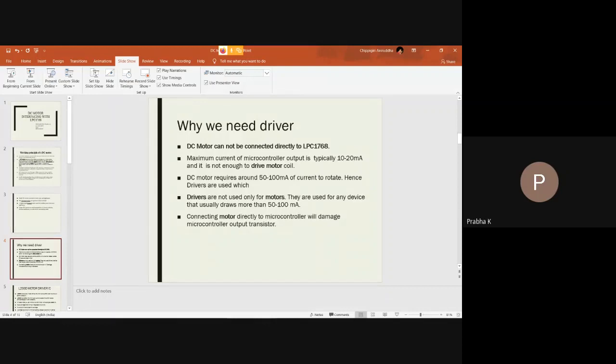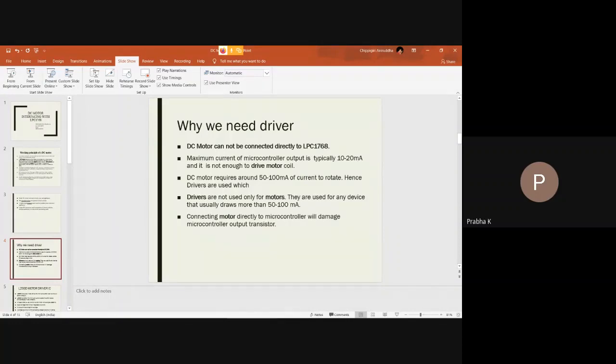The current rating is very low, which is not enough to drive the motor coils, whereas the current required by a DC motor is around 50 to 100 milliamps in order to rotate the motor. So this enhancement and increase in current will be provided by the driver ICs.